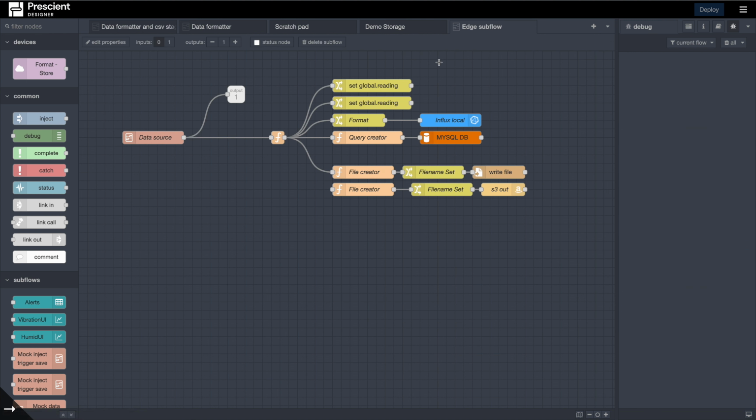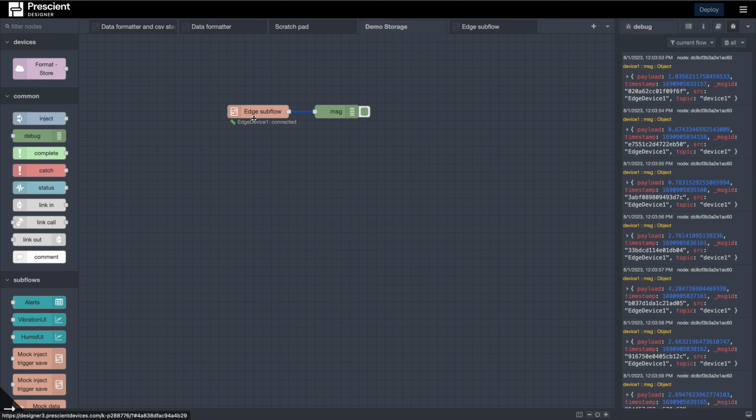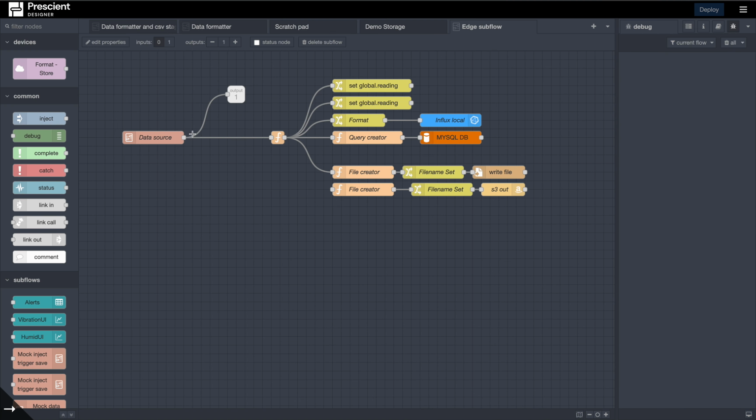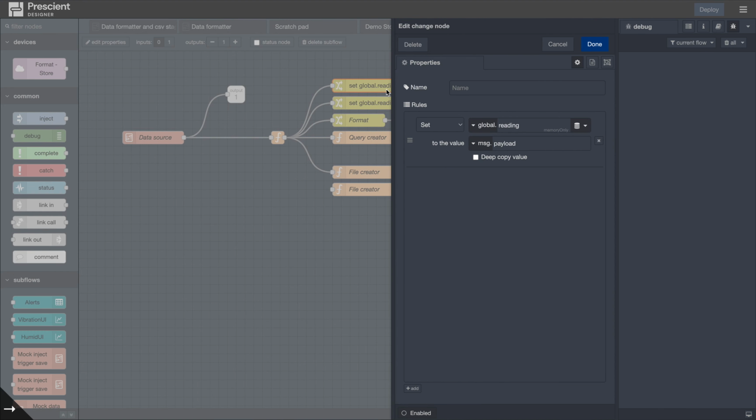Now this is the edge subflow that we go to. The values we saw coming out were from the data source, which are essentially a payload, a topic, and something related to that. And now let's look at the multiple tiers at which you can have accessible data, and this could be via storage or not. One of the easiest ways is obviously to put it into a variable. So once you put it into a variable,